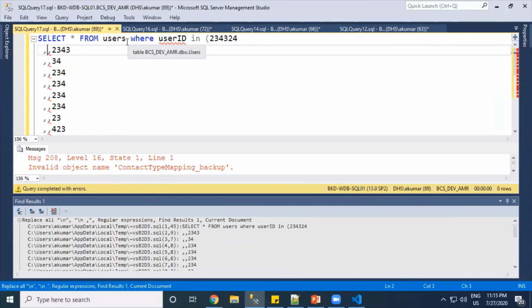Also, there are some other tools, like let's say from select you have to go to the next space, so you can use Control and right arrow. It will go to the next place. Instead of going one by one character with one arrow, if you use Control plus right arrow, it will take you to the next word.